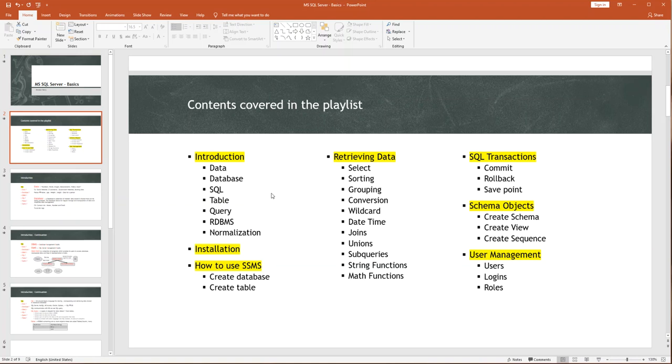database, views, schemas, everything. And apart from that, we are also going to see how do we retrieve the data as well as how do we update the data and how do we use the SQL functions. Those kind of functions we'll be looking into in the coming videos. Apart from that, SQL transactions also we are going to see these functionalities and create the schema objects. And also we are going to look into these managements which will be used in the admin side of the SQL Server. Okay, so let's start with the introduction here in this video.